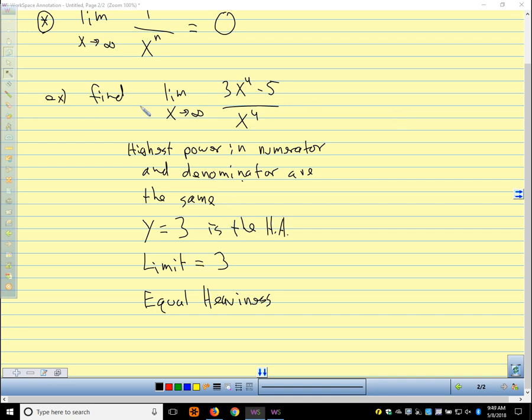Algebraically, if the problem doesn't ask you to show this algebraically, you can say the degree in the denominator and the degree in the numerator are the same. The horizontal asymptote is the ratio of the leading coefficients. If you said equal heaviness, the limit is 3, and the problem didn't ask you to show algebraically, you'd be fine. Algebraically,